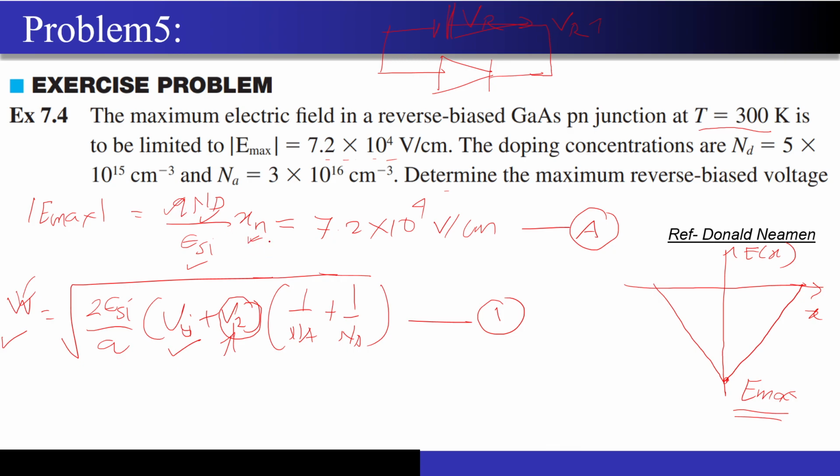Now how to get the W from Xn, you know, right? What is the Xn? It is nothing but Na divided by Na plus Nd into W. So let me highlight this as equation number B, right? So if I substitute this Xn that will be known from the equation number A into the equation number B, I will be able to get the value of W, right? And this I can put in the equation number 1 that you are seeing over here, correct? So now that's the procedure. So let's move on to the equation number A, right? So now let me move on to the next page.